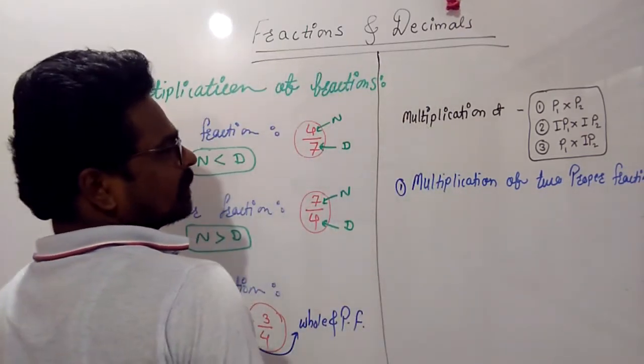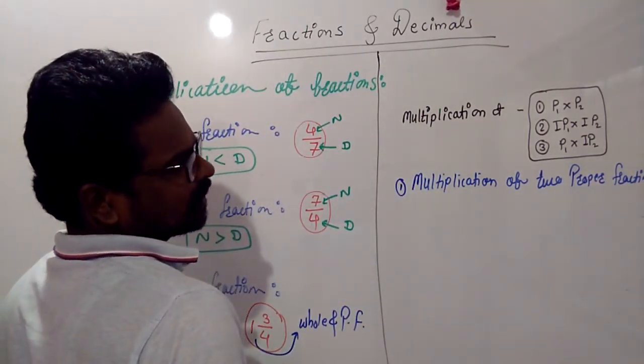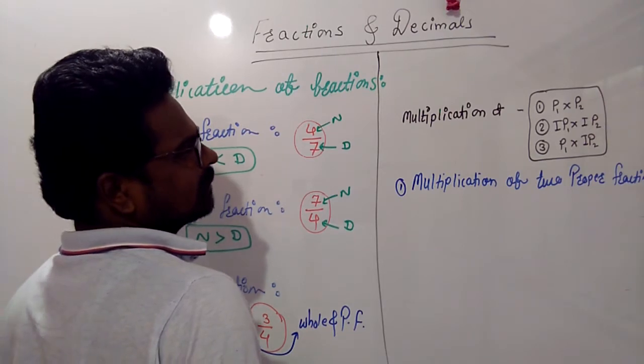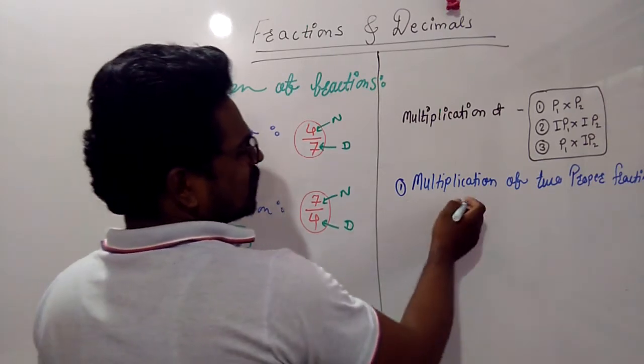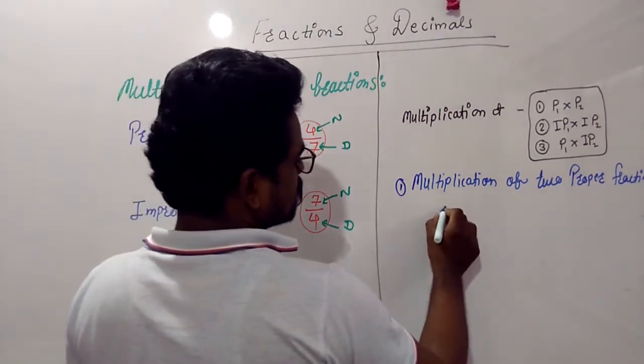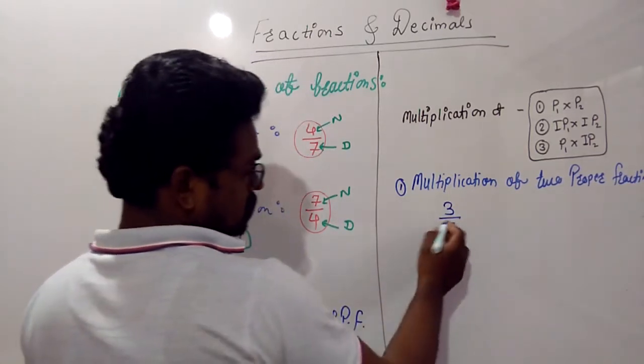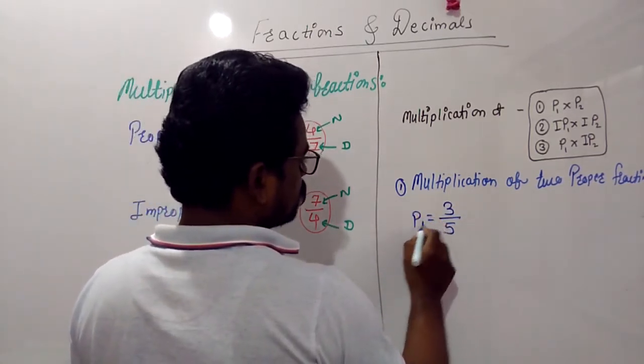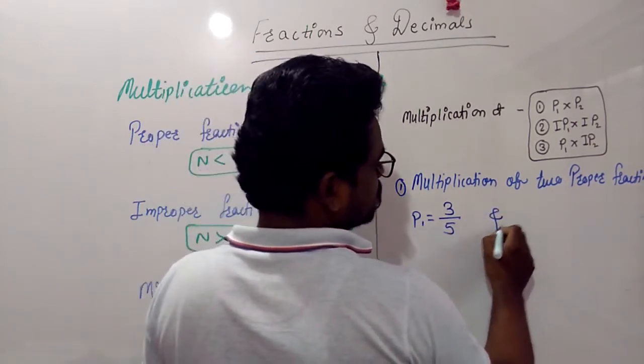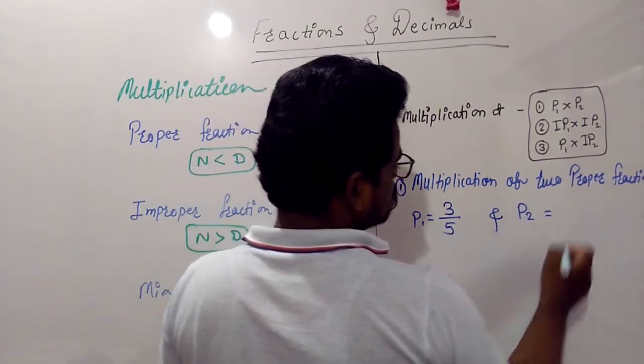Multiplication of two proper fractions. Okay, no problem. Now see here, multiplication of two proper fractions. Suppose I take 3 by 5 as my first fraction, which is proper fraction number 1, and the second proper fraction is